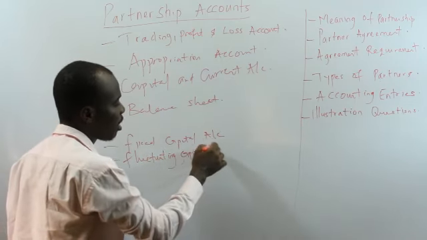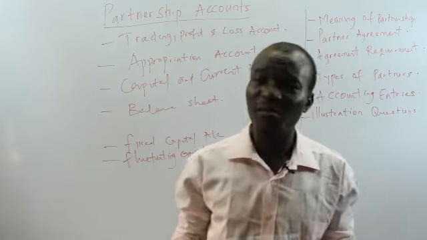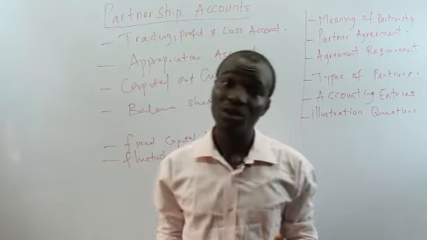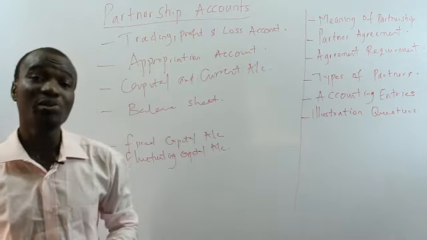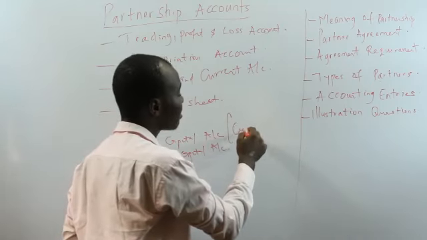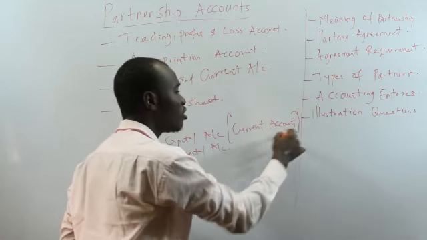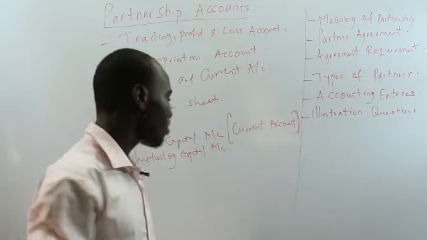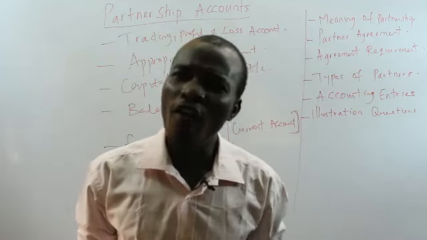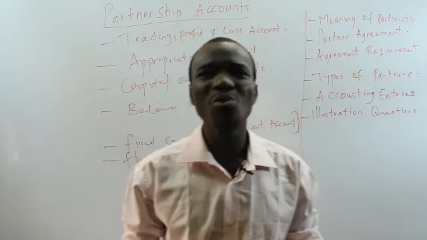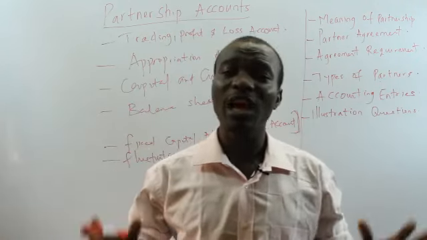As the name says, fixed capital account means the initial capital provided by the member will remain fixed within the period. So any adjustment of capital will not be taken to the capital account. It will be taken to another account, which is termed the current account. So any adjustment within the period will be taken to another account, the current account. That means the initial capital of the partners will remain fixed within the period. There shouldn't be any change in the initial capital of the partners.